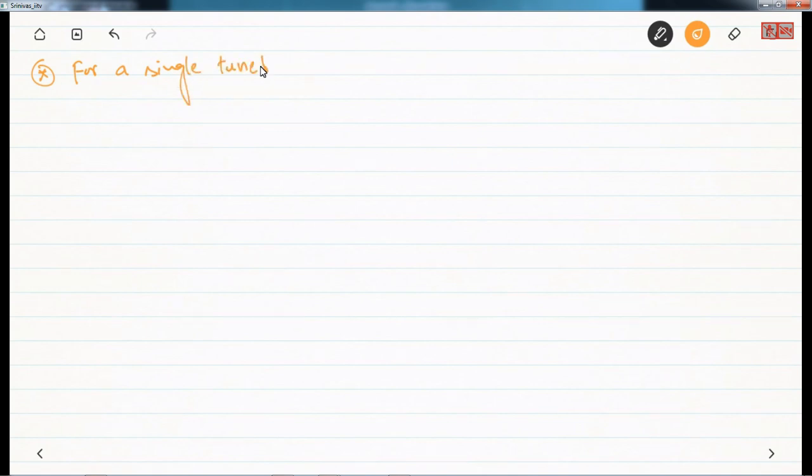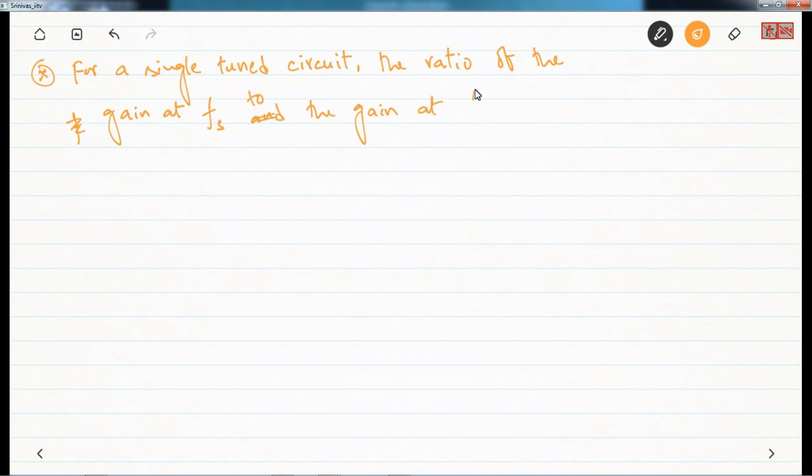For a single tuned circuit, the ratio of the gain at Fs to the gain at Fsi is given by alpha, and that alpha is